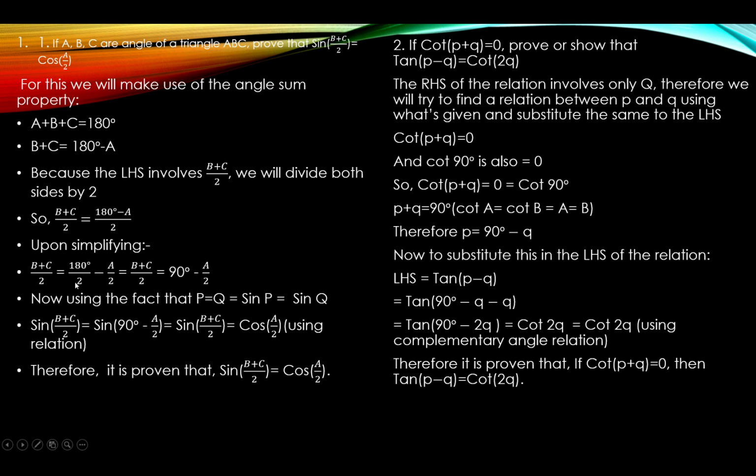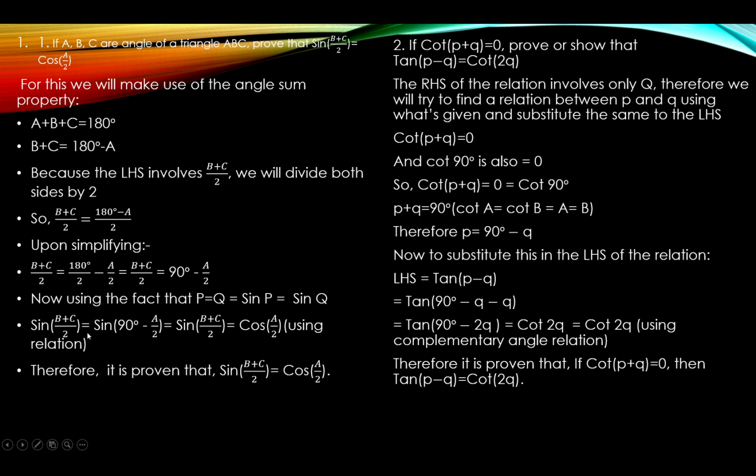Then we break down (180 minus A) by 2 into 180 by 2 minus A by 2, and I get 90 minus A by 2. So (B plus C) by 2 is equal to 90 minus A by 2. Now using the fact that if P is equal to Q, then sine P is equal to sine Q, I will now write the value. So sine (B plus C) by 2 is equal to sine (90 minus A by 2), which is again equal to cos A by 2, because if I use the complementary angle relation,